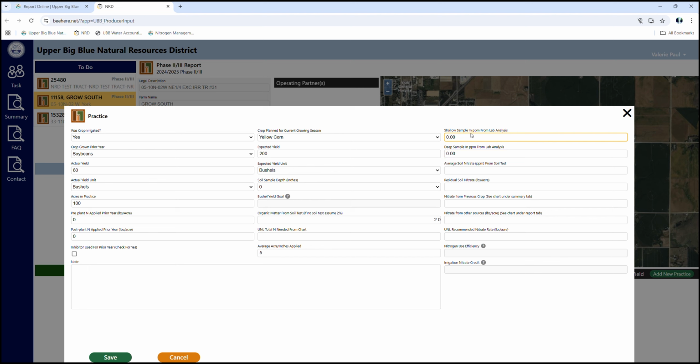lab report. Or if you don't have a lab report, you would just put 3 for the estimated, and it will automatically calculate the average and the residual soil nitrate. And then since in this example we have been rotating, we would get credit for our previous crop that was reported, and this information would be on the charts in a different section, which I'll show you after I